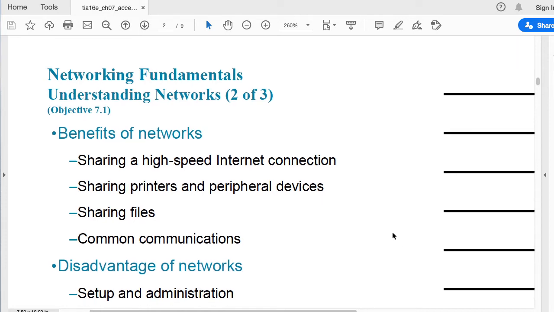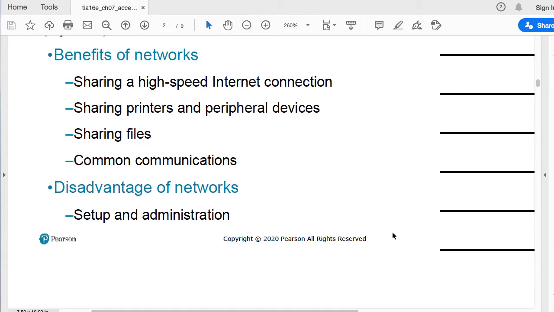You can share any type of resources, right? There is a disadvantage, mostly the setup and administration. And obviously you can also have some problems regarding performance. But the good thing is that nowadays performance is very much associated with setup and administration.